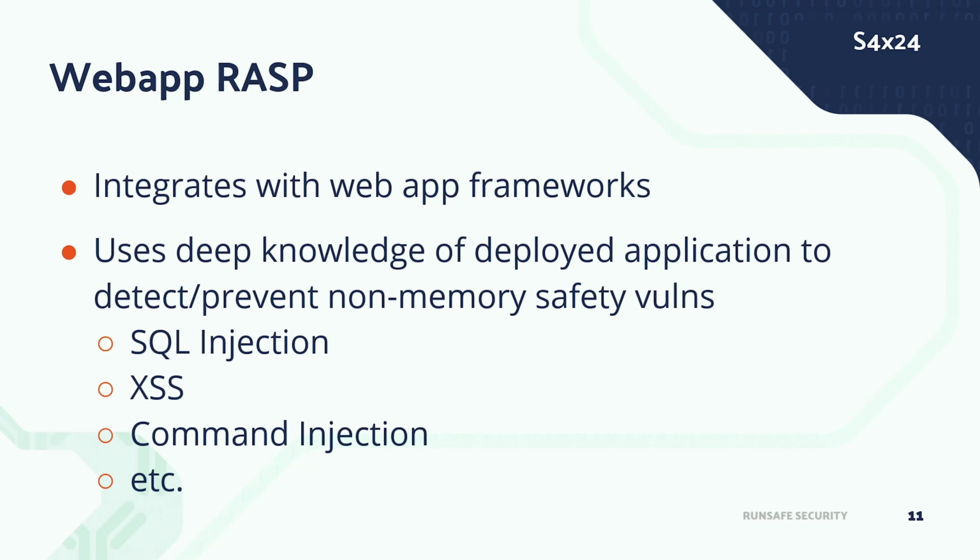And so what's different between RASP and your typical WAF is that the RASP is going to have knowledge about the actual application itself. And so it's going to be looking for things like SQL injection, cross-site scripting, command injection bugs. So the talk before was talking about using Journ to find those command injection bugs. But what if we can look and get that protection on the web app side and not just on the compiled side? So that's where kind of web app RASP can really help you.